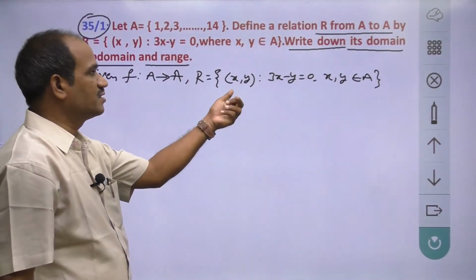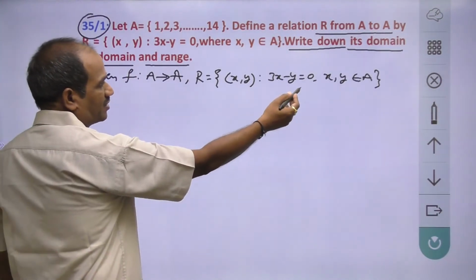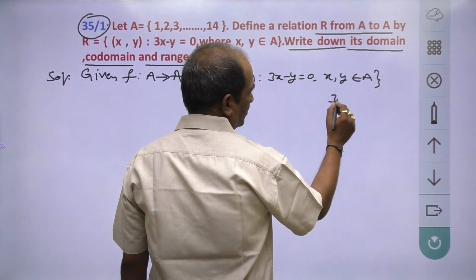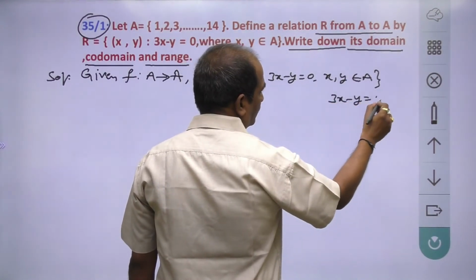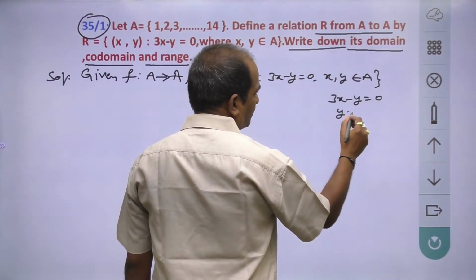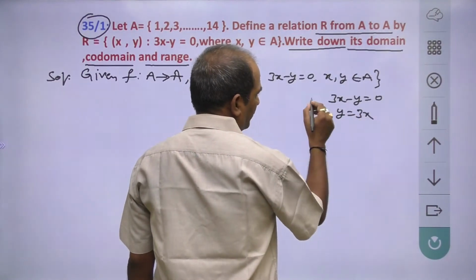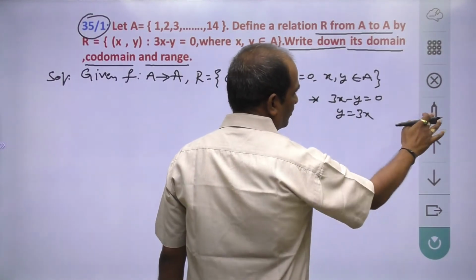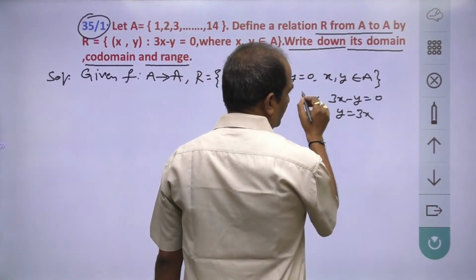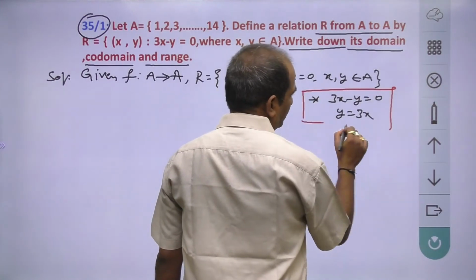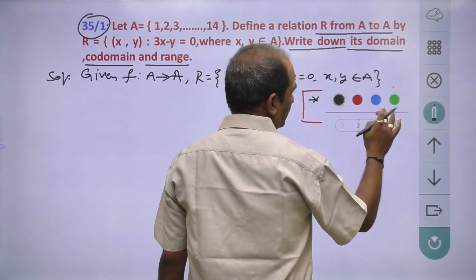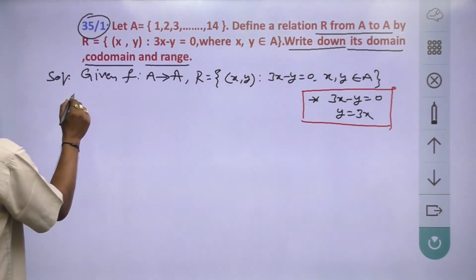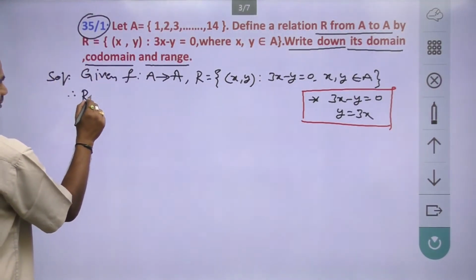Right, first, in this given relation, 3x minus y is equal to 0. Taking y to this side, y is equal to 3x. See here, y is equal to 3x. Therefore, in this relation R is equal to...